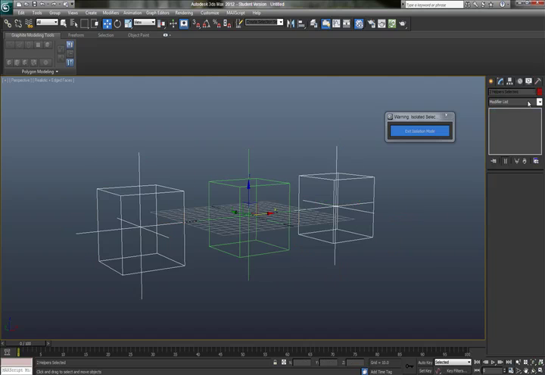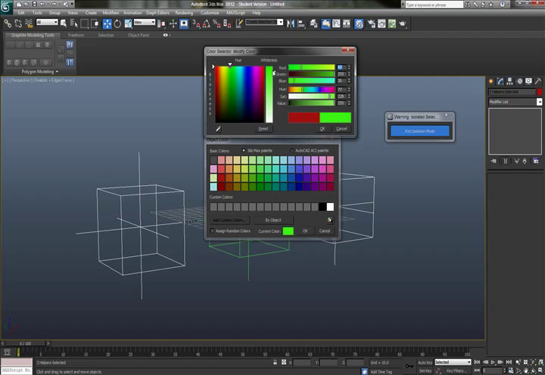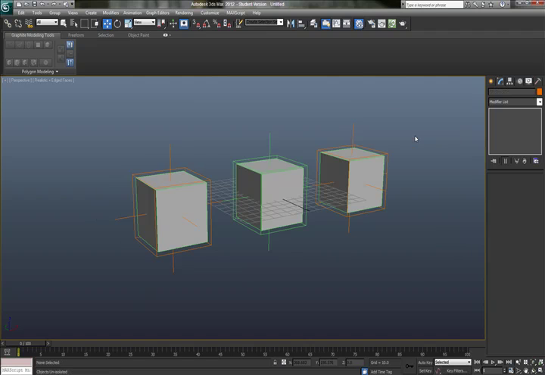If you can't, maybe I'll go ahead and make them a different color. It's hard to imagine what something might look like on your computer monitor, so I'm trying to pick as bright a color as possible. So let's go ahead and go for a super fluorescent orange color. That'll work. That should be visible to you, I hope. Alright, well I'm going to go ahead and exit out of isolation mode. And I'm going to go ahead and select the 2 children here,